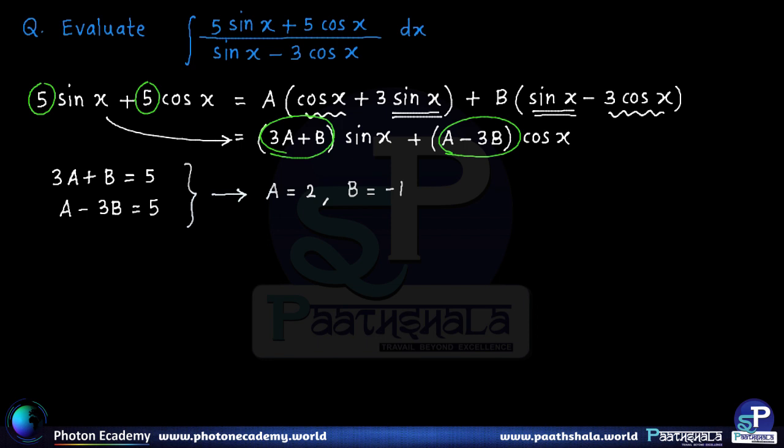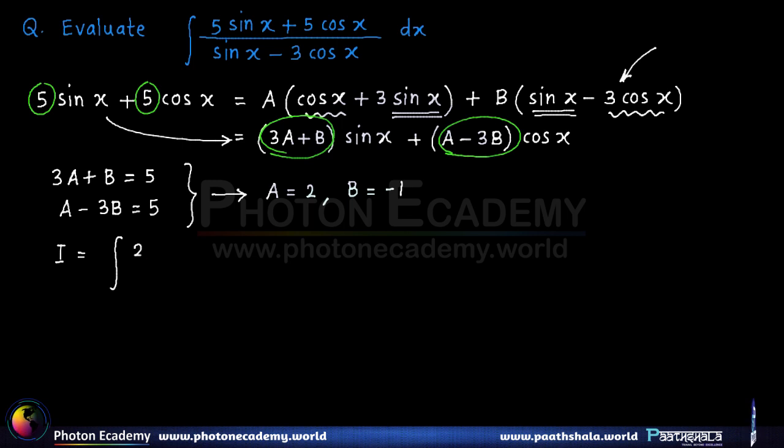So what it means is we can rewrite the integral as integral of, now in case of the numerator, what we have to do is we have to write the numerator in the form that we had obtained. So a is 2 into cos x plus 3 sin x